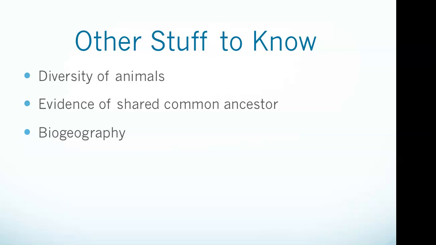The presence of vestigial organs in extant species, structural homologies among very different animals, and fossil records of intermediate life forms. These are all evidence consistent with the idea that evolution is responsible for the diversity of animals that we see today. The observation that organisms on islands are different from, but closely related to, similar forms found on the nearest continent is evidence of a shared common ancestor between the island form and mainland forms of the given organisms. A shared common ancestry results in increased relatedness and similarity between the organisms.